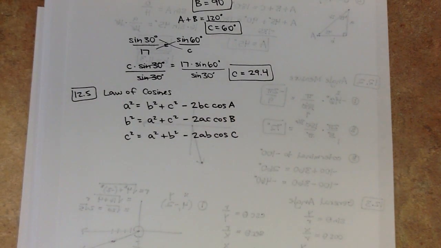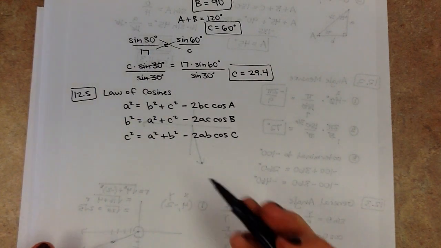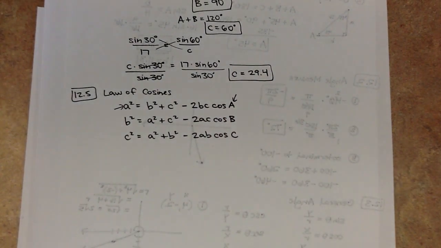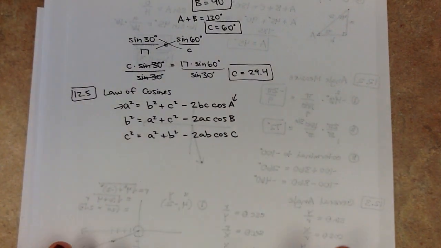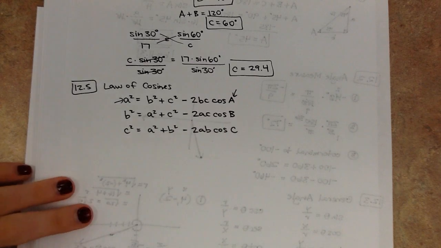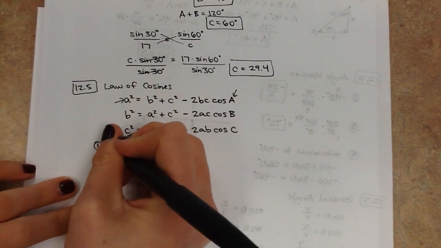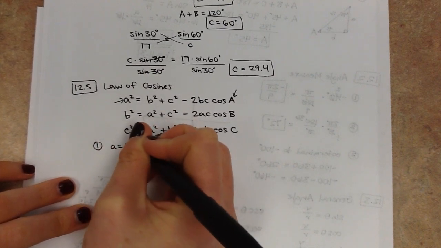That was just to kind of walk through and help you remember where exactly they come from. So we're going to have to use those. You can either use them to solve for this side or to solve for this angle. Okay, so same thing with this one, same thing with this one. So let me write down the example here. Say I give you